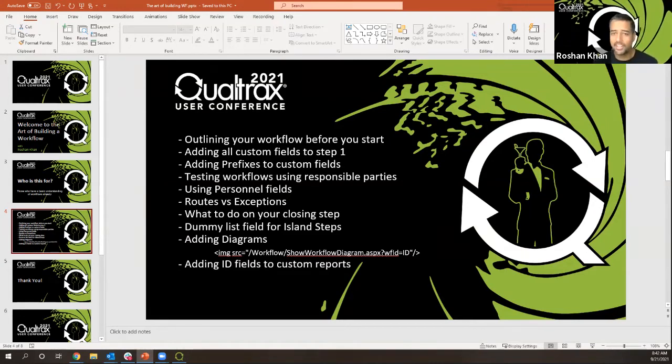So with that said, let's talk about some steps you should take before you even start building a workflow. Sometimes that brainstorming and outlining process can be the more difficult and challenging part of workflow creation. So I'm going to give you a few tips to keep in mind as you're thinking about making your next workflow. So as you might know, workflows are comprised of 3 components for the most part. You have steps, routes, and custom fields. We're first going to focus on the steps and the routes. So as you might be aware, a step is a part of the workflow that can be assigned to a